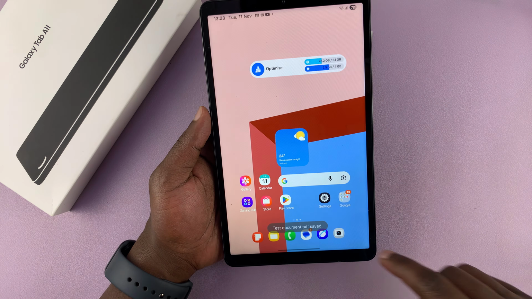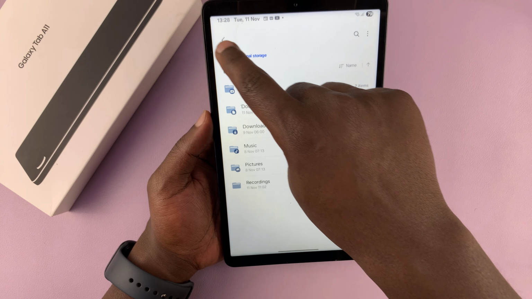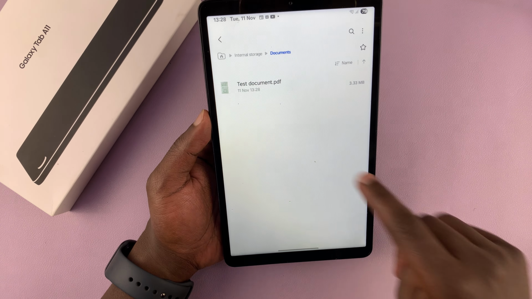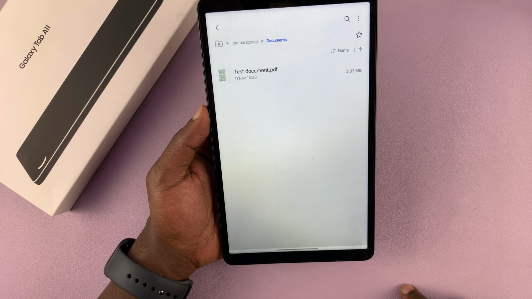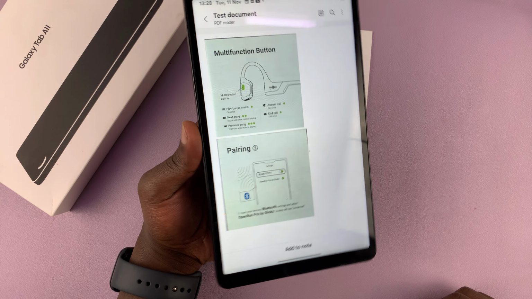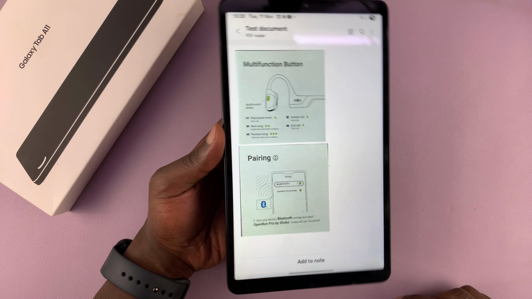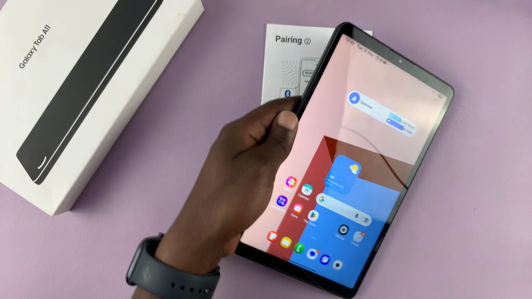Simple as that. So now if I go to the Files app and just navigate to documents in my internal storage, you can see my test document PDF is here, and I can open it at any time, just like that. Okay, so that is basically how to scan documents and save them as PDF using a Galaxy Tab